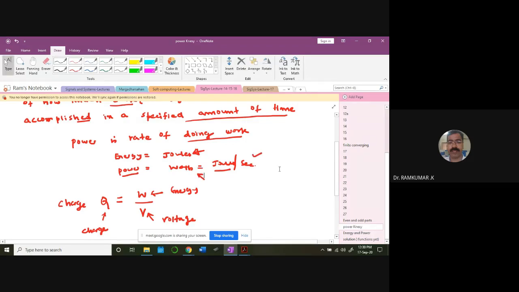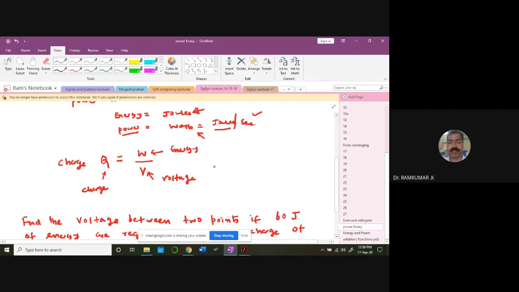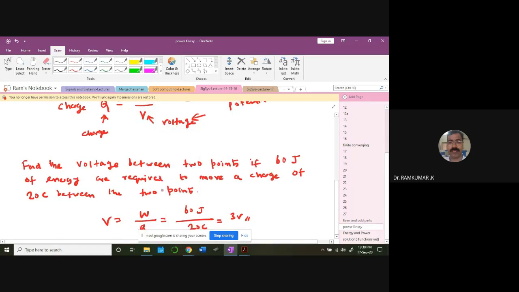Okay, so if you look at the case of a simple resistor or something, normally you'll be thinking in terms of the charge, and the voltage is the potential difference. See how much amount of energy is being transferred. That's the work done. That's given by W by V equal to Q is what the general formula is. For example, a simple case. Find the voltage between 2 points. Between 2 points, we're going to find the voltage, the potential difference existing.